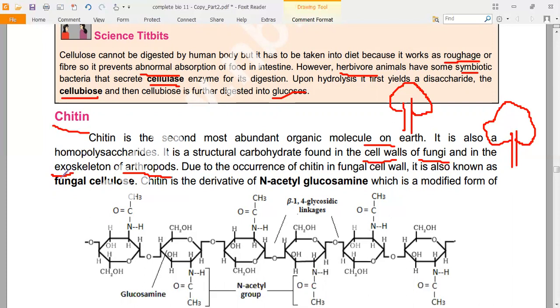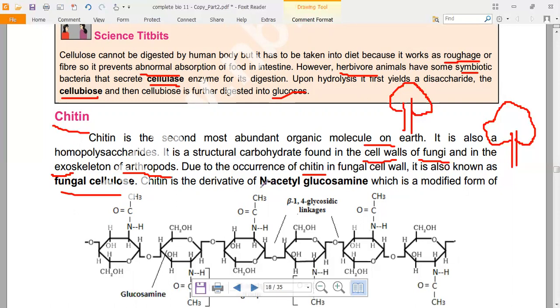With the exoskeleton, arthropods can protect themselves from harsh environments, and it saves them from dehydration of the body. Due to the occurrence of chitin, the fungal cell wall is known as fungal cellulose, and